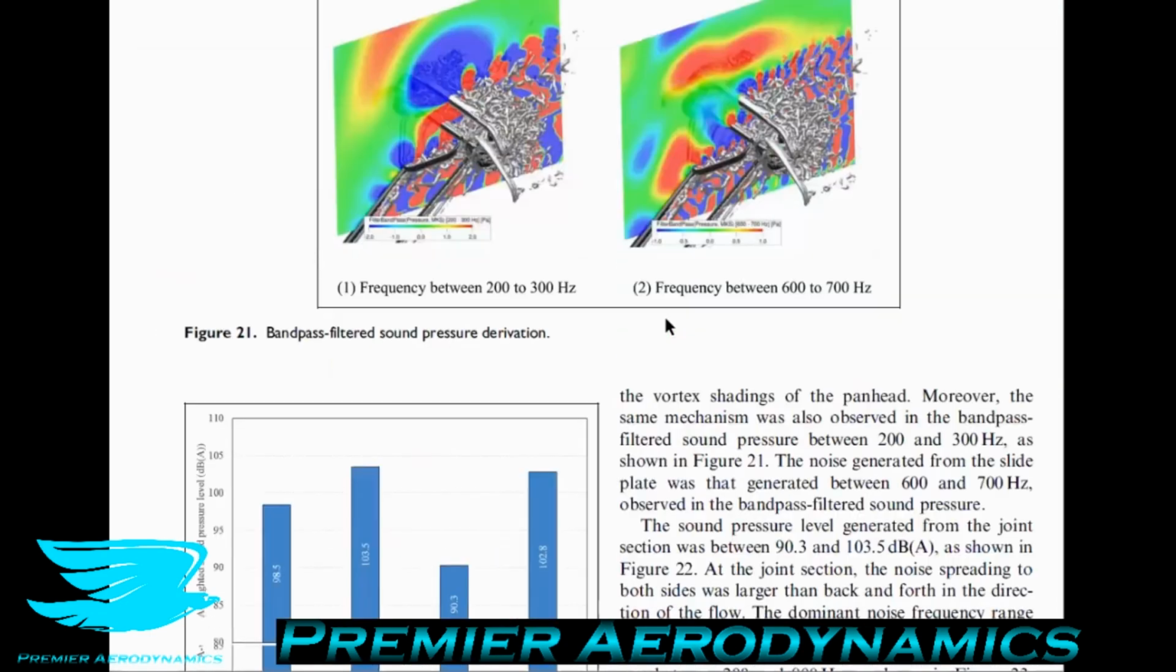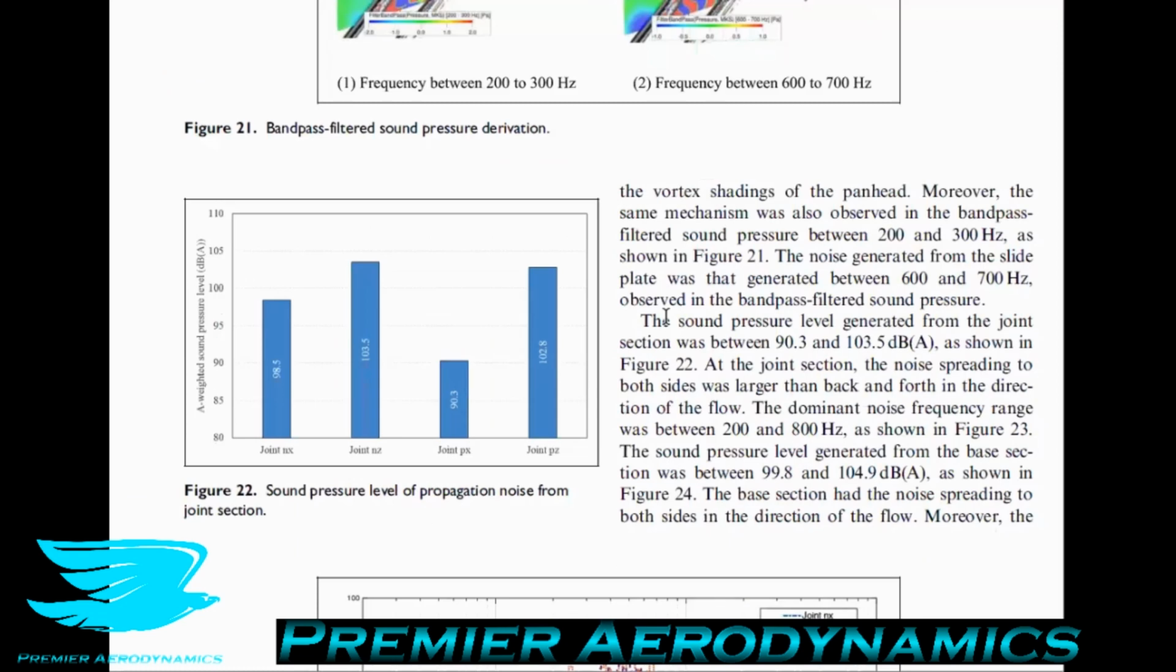So in figure 22, they have the sound pressure level generated from the joint. So this is halfway up the pantograph. You have a base, then one arm going up, then another arm from that arm. But where those two arms meet, that's the joint. They have the sound pressure level generated from this joint, and it was between 90.3 dBA and 103.5 dBA,